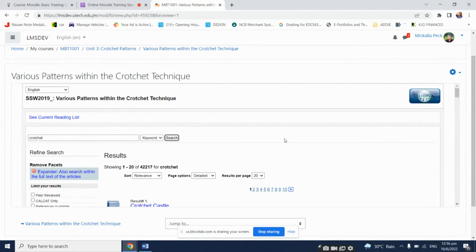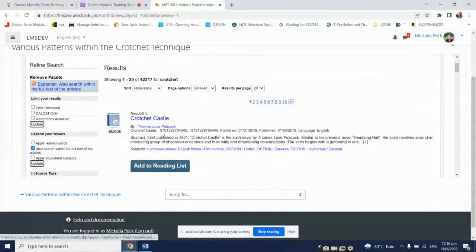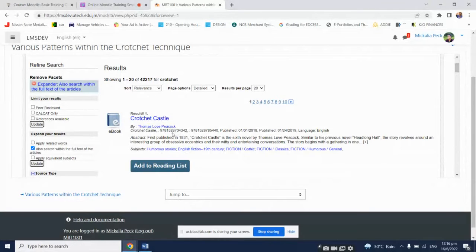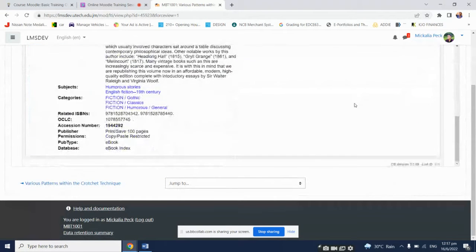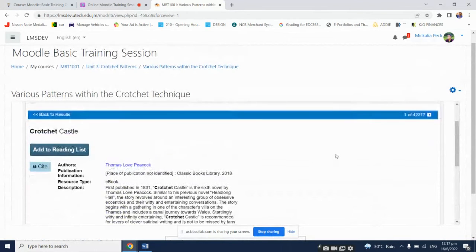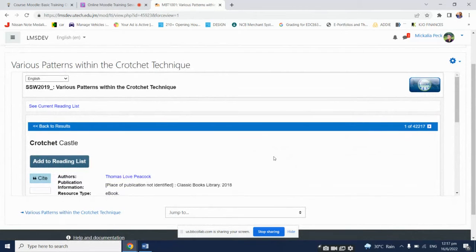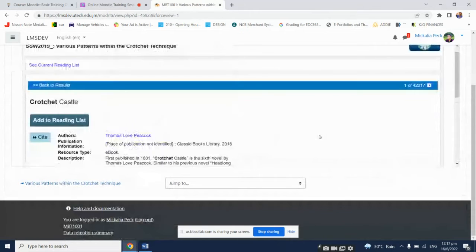Okay, so we have 42,217 results here. There is an ebook. To the left, you can see the type of resource that it is. This shows you the title of the resource, by shows the author, and there is additional information provided about the book. So I'm just going to click on it, and I'm scrolling down. What we're seeing here, we're not seeing the actual book or the full book in its entirety. And it's very good for us to explore what we are giving to our students to read before we actually add it to the reading list. There has to be accessible content for them. So we're going to go back